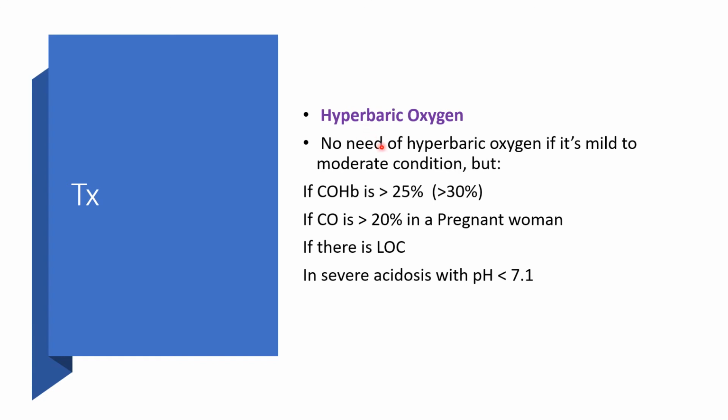Okay, let's quickly review together. Now here on the next slide, when we will need hyperbaric oxygen. Because we're not going to need hyperbaric oxygen all the time. But we need oxygen, normal baric oxygen, for everyone that will present with carbon monoxide poisoning. If carbon monoxide intoxication is mild, or even moderate, we don't need hyperbaric